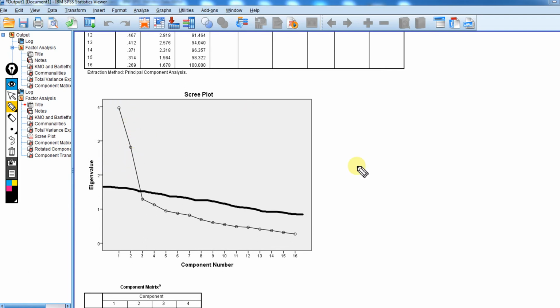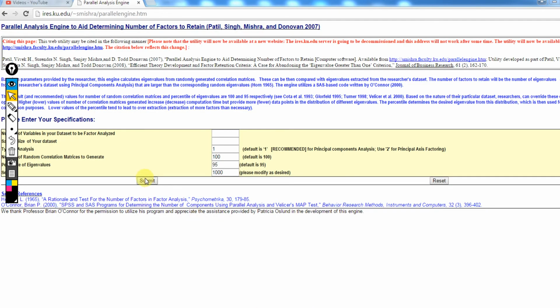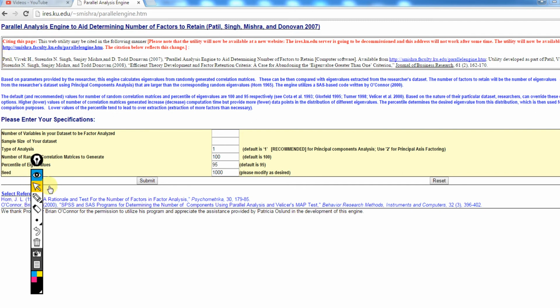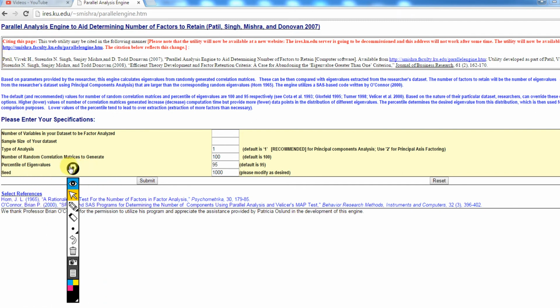So we can actually go through this, and in SPSS there's no parallel analysis option, but there are some workarounds that we can utilize. Basically, if you go to this particular website, it's a good one, and you can find other websites as well online. There's also, I think, Brian O'Connor has some syntax that you can use to perform the parallel analysis in SPSS. But at any rate, this is a pretty good little engine right here that you can go to